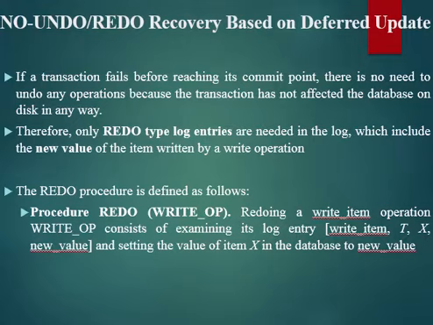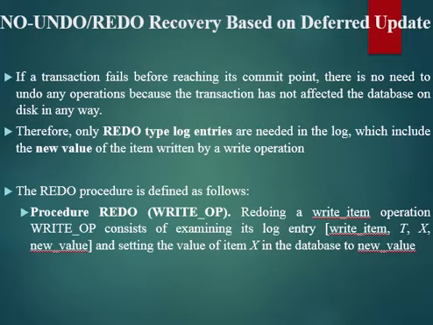But if we are using deferred update, we need not do any undo operation. The transaction has already started, we can find that from the system log, but there is no commit operation. That indicates that nothing is reflected in the secondary memory, because in deferred update the system will write to the database only some interval after the transaction commits. So if the transaction is not yet committed, we need not do any undo operation, because no partial update happened in the secondary memory. It is only reflected in the primary memory.